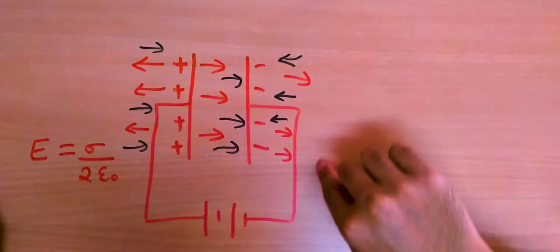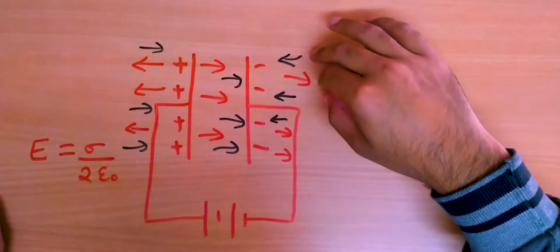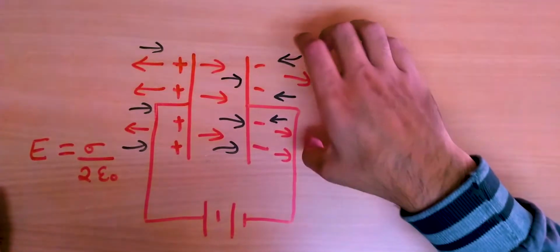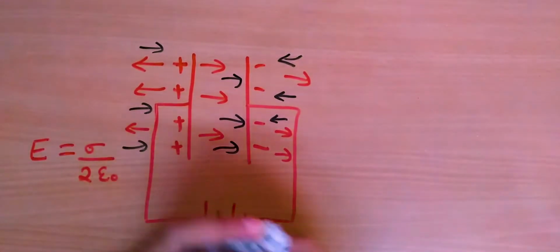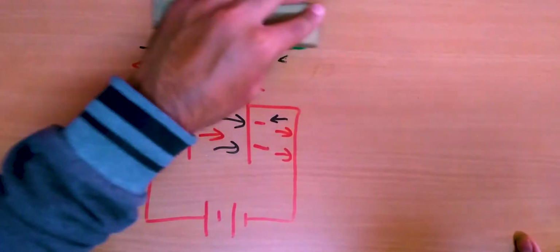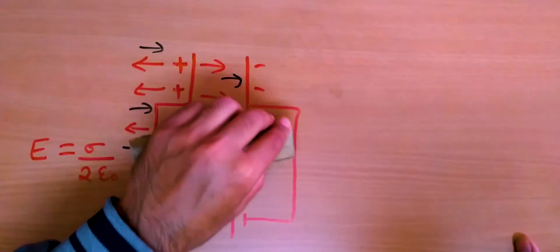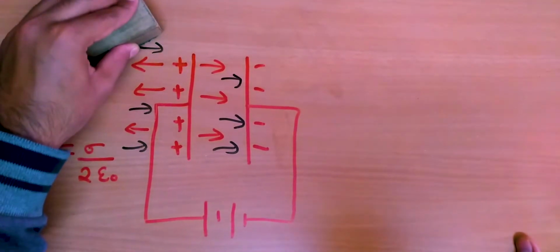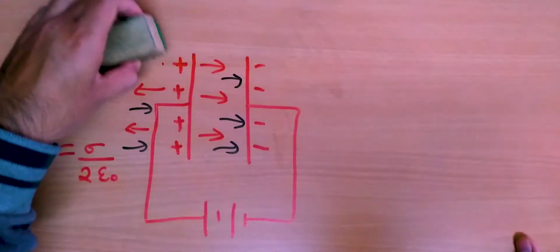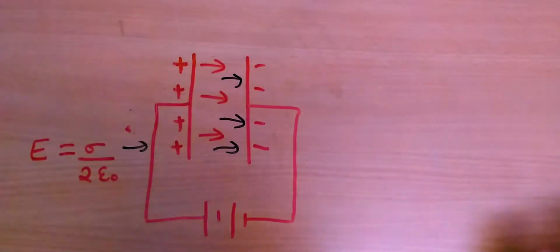Now here we can observe in this region that the two electric fields due to the two plates are pointing in different directions, so they cancel out each other in this region. So I can just remove it. I'll use a duster to remove that. I'll just remove this from here because they cancel out perfectly, right? Even in this region, they are pointing in opposite directions, and because they're uniform, they'll cancel out each other, just like that.